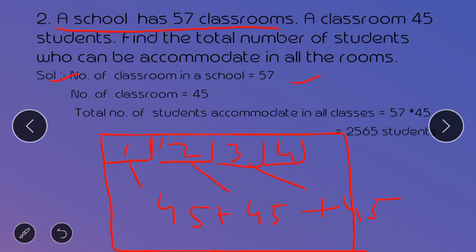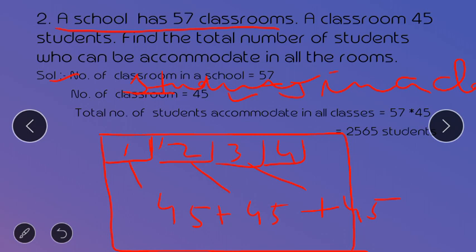Number of classrooms are 40. Okay, number of classrooms 45, number of students in a classroom. Listen to me and write here: number of students in a classroom, then total number of students